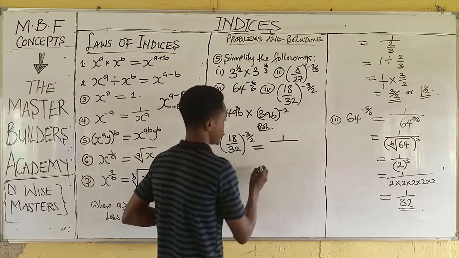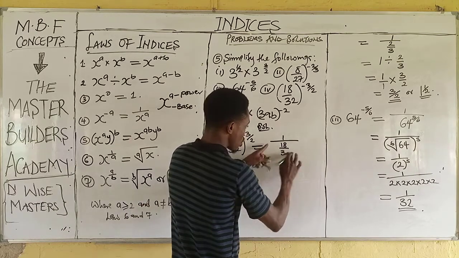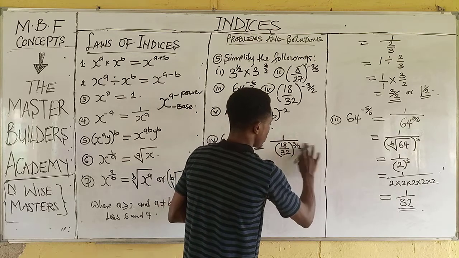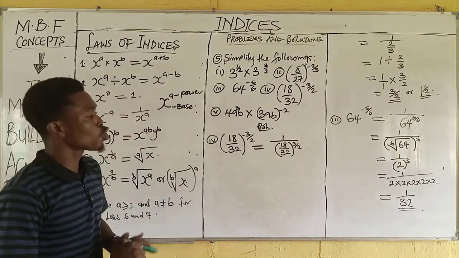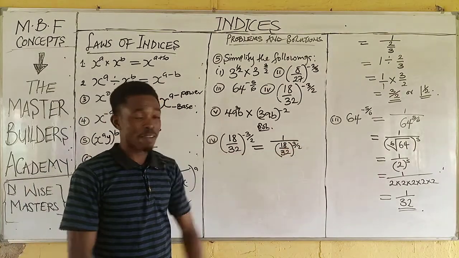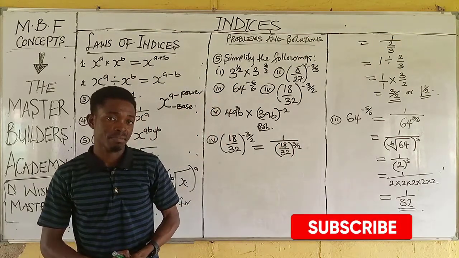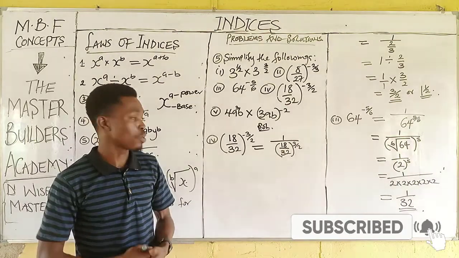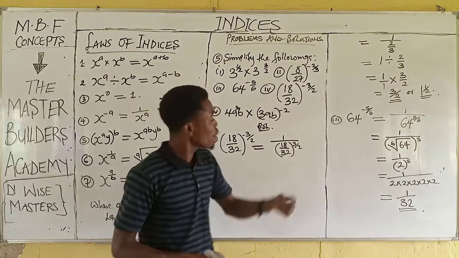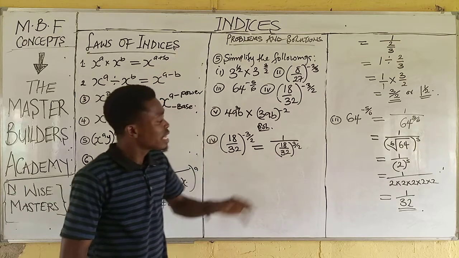1 all over 18 over 32, all raised to the power 3 over 2. You see now, that division must be the longest division. Now, the next thing we are quickly going to do is to check whether these numbers inside the bracket have something in common. Because 18 and 32 have something in common that can reduce them. So, what is the common factor between 18 and 32? 2. So, we are quickly going to divide 18 by 2 to get 9,